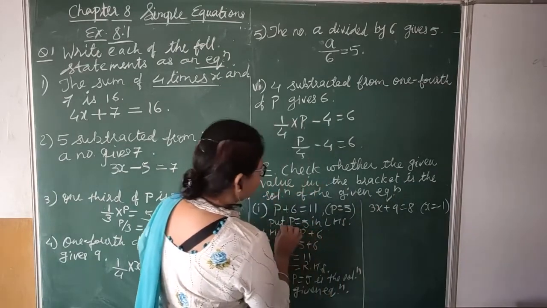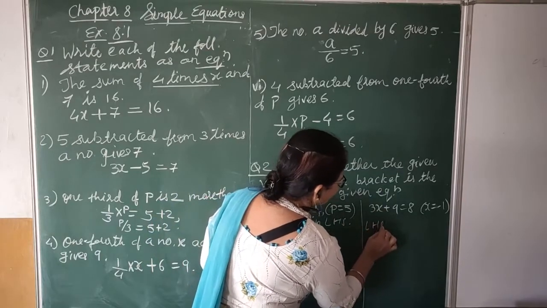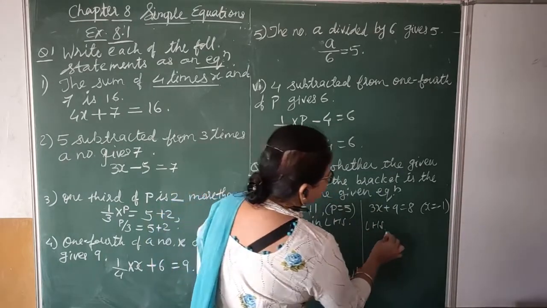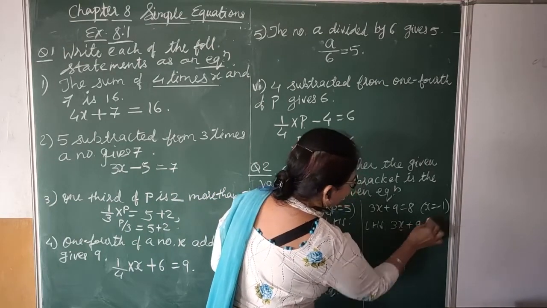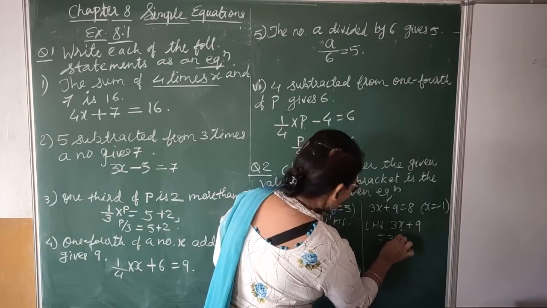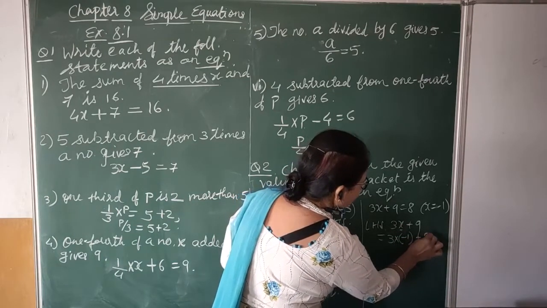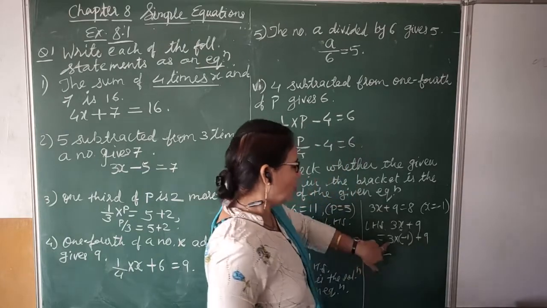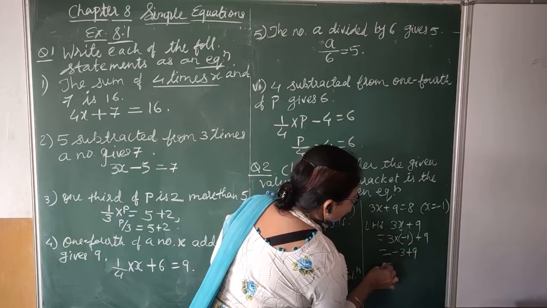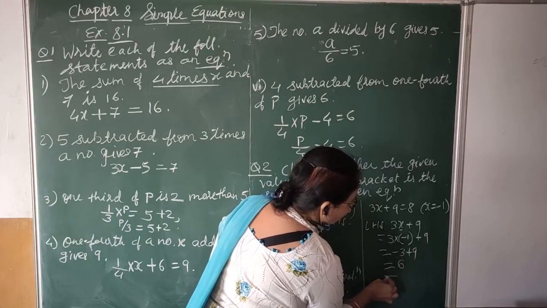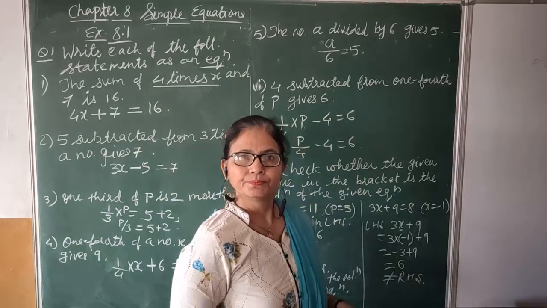In the same way you will write, put x equal to minus 1 in left hand side. Directly I am writing here, but you have to write according to this. LHS is what here, 3x plus 9. Put x equals to what? Minus 1. So whenever you are putting values, take brackets. In place of x, you will put minus 1, plus 9. Now you simplify. You know, plus into minus is minus. This will be minus 3 plus 9. And when you simplify, you are getting 6, which is not equal to the right hand side.